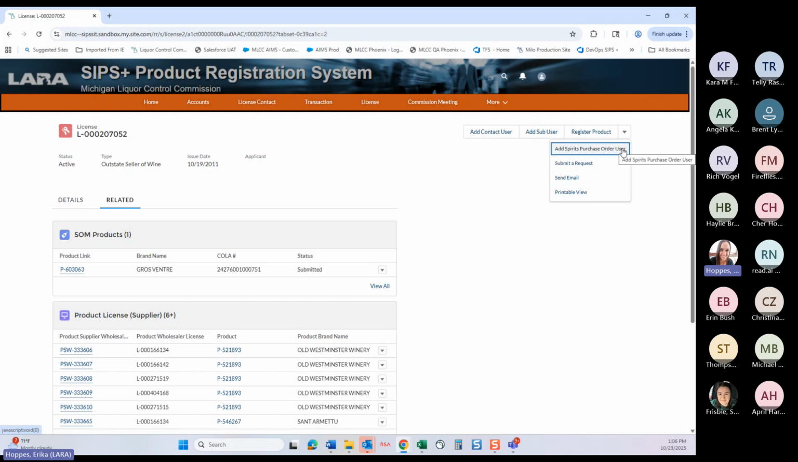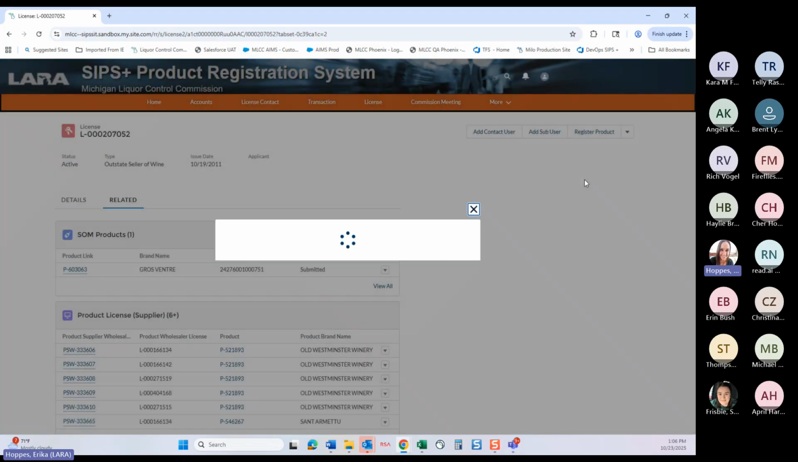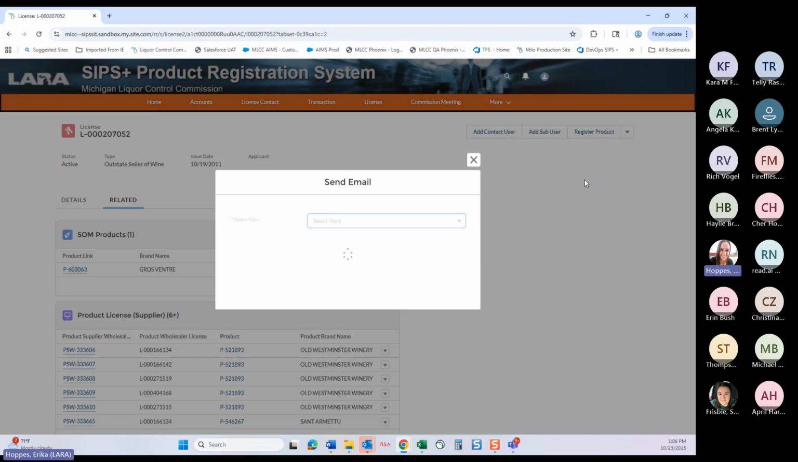The add spirit purchase order is actually for our spirit users, so that will be disabled for you guys, as well as submit a request. But if you want to correspond with anybody within the MLCC, you are able to send them an email directly through the system right in this license tab. If you click send email, it's going to pop up